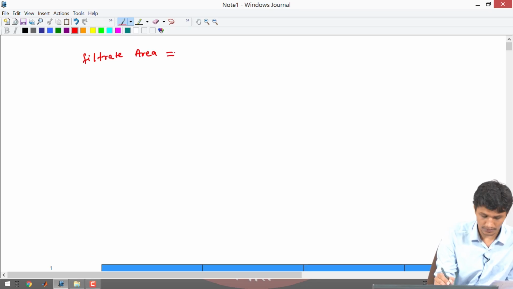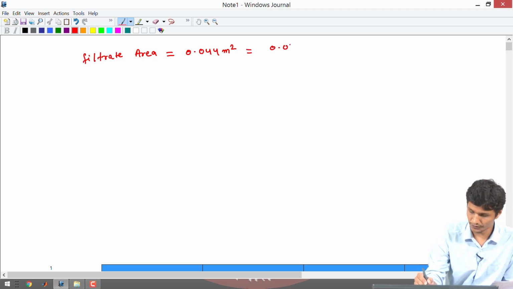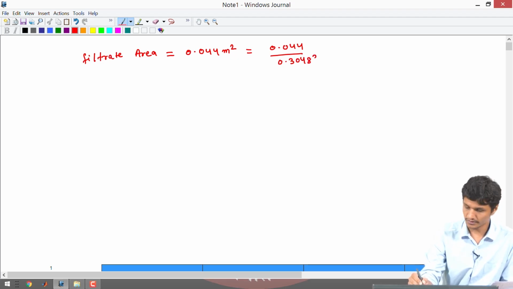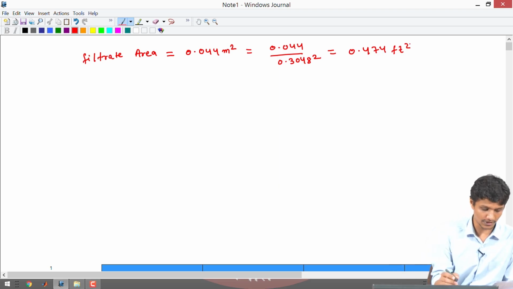Area equal to 0.044 meter square equal to 0.044 divided by 0.3048 square, equal to 0.474 foot square. Similar to that,